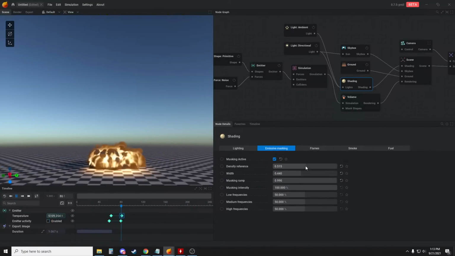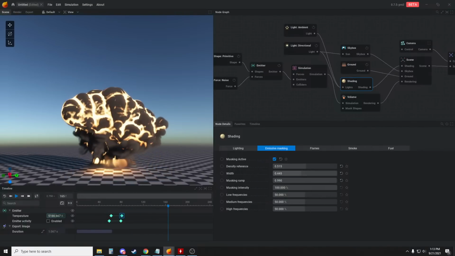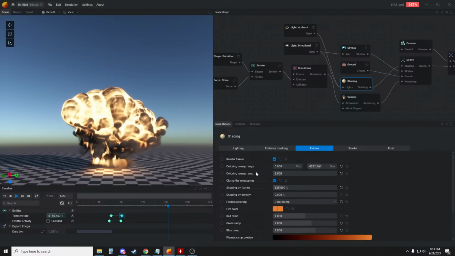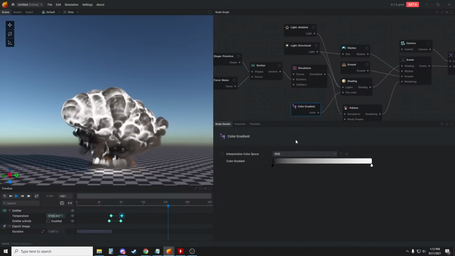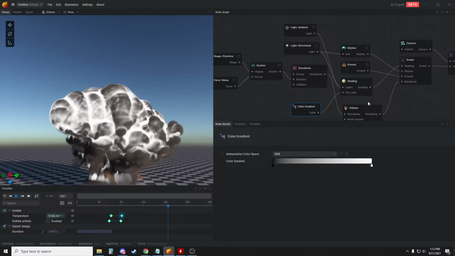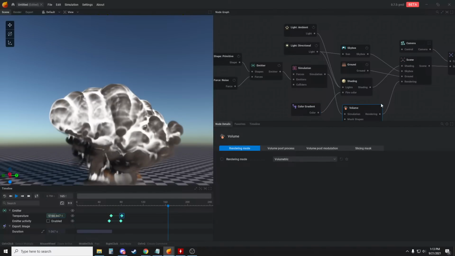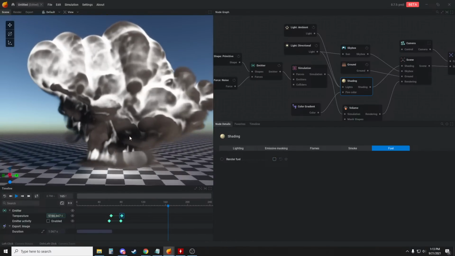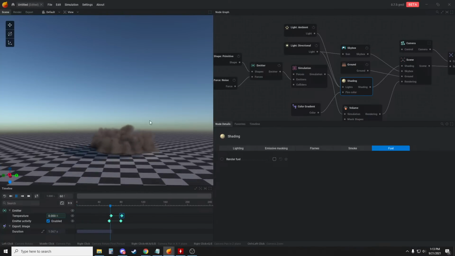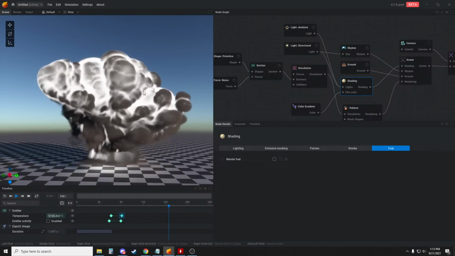It's pretty cool, but I don't want anything stylized, so I'm going to increase our width. Then we're going to go over to our flames, and let's make a custom gradient for this. So let's expose our fire color over here. We're going to drag off, add a gradient. So now we have something like that. I'm also going to go to my shading and turn off my fuel because I don't want to see my orange stuff here. And now we can just play this back, and okay, I'm going to pause it